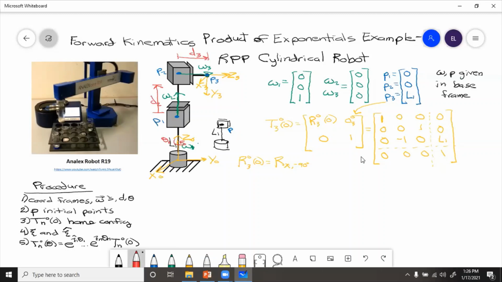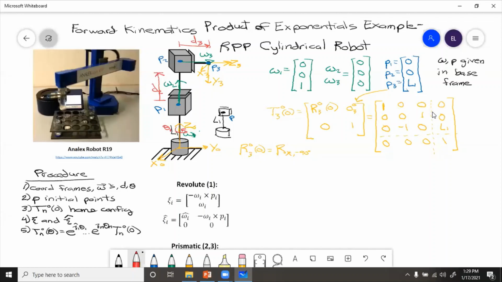Now step 4, we need to find the twist coordinates and the twist vector. One formula for revolute joints and another formula for prismatic joints. The first joint is revolute. So this is the formula for the twist and the twist coordinates. So we'll have negative omega cross P for joint 1. So if we do that, we'll have negative